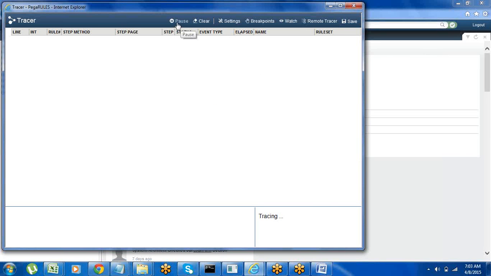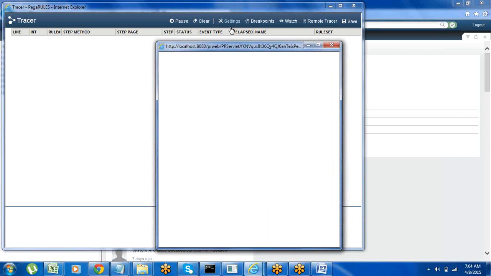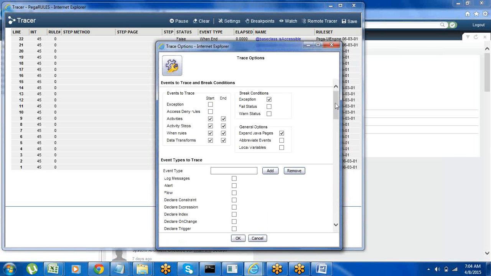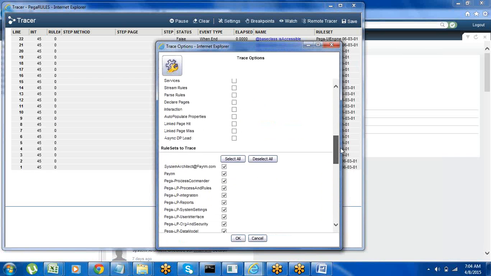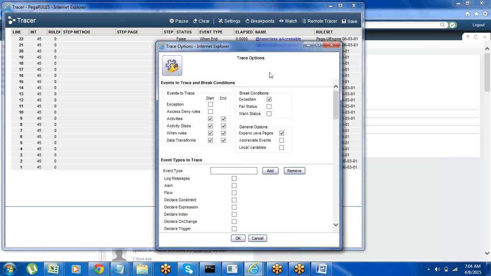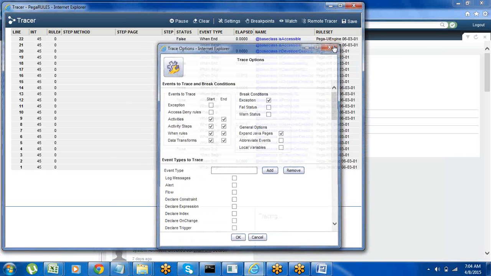Automatically when you start the tracer and start any activity or any flow, it will show all the information. Clear means it will clear all the logs. Settings. By default, whenever you open it for the first time, all the options will be disabled. We have to enable all the options.